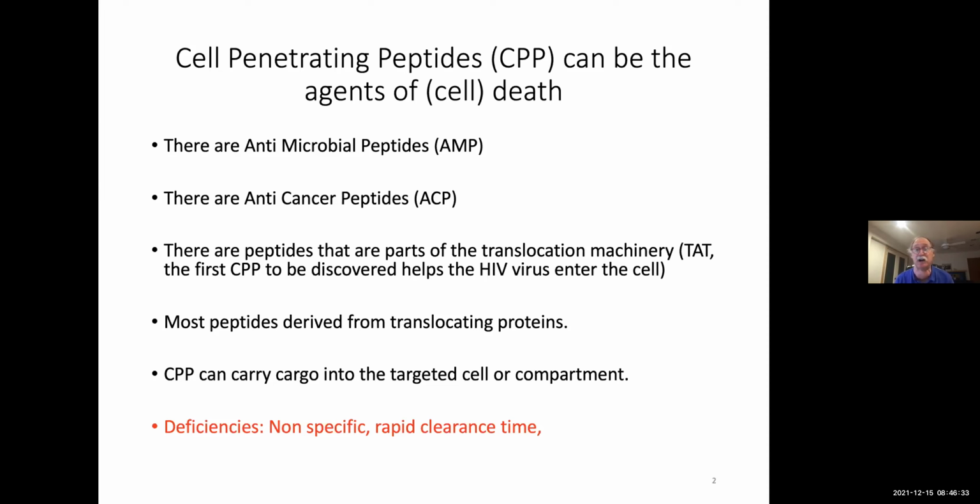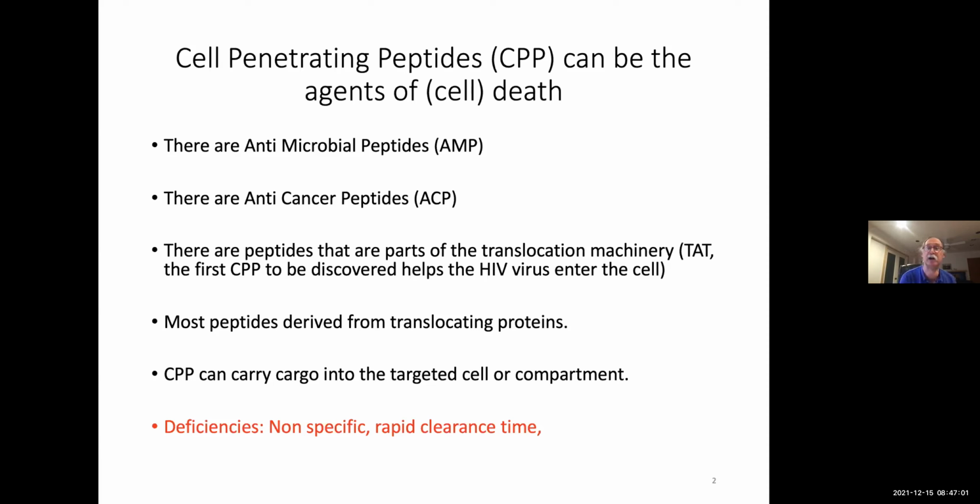It is highly charged, and it's all arginine, and it took a while to figure out what is going on in this particular charged peptide, given that the membrane is really made of a hydrophobic environment, at least at the center. So most of the peptides, again, 1,700 of them that are known today, are derived from translocating proteins. And given a particular CPP, we can also use it to carry certain cargo to the cell,